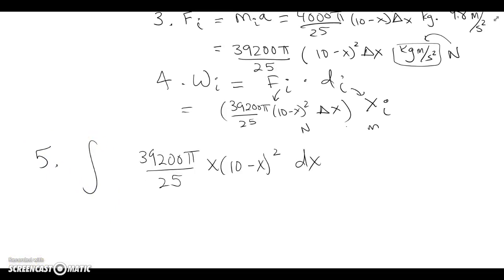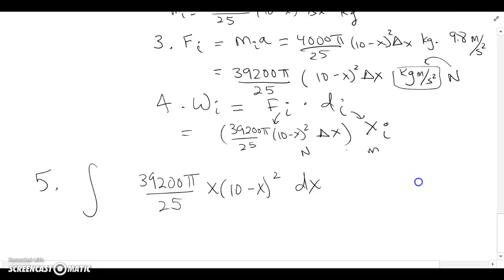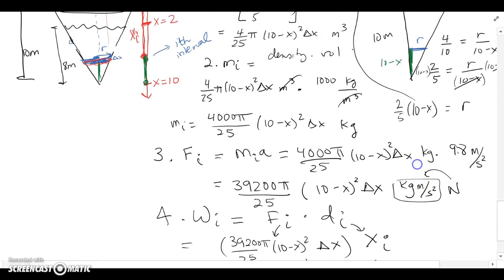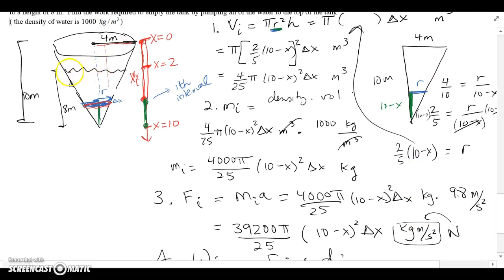Okay, let's make sure we made a note of everything. So I have the coefficient here. I have (10 minus x) quantity squared. I have an x for my distance and my delta x, which is my dx. Next comes going back to your picture to see where those representations were made based on your axis. So the representations were made from here to here based on your axis. And looking at your axis, it looks like you're doing it from 2 to 10. So your limits are from 2 to